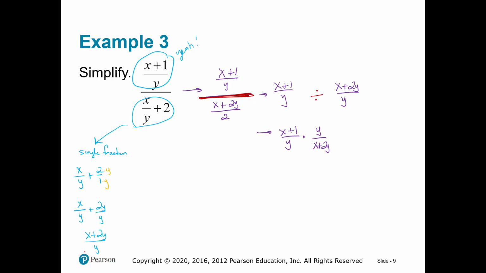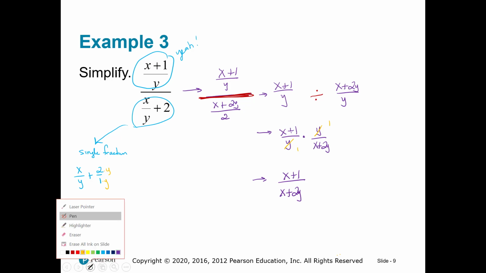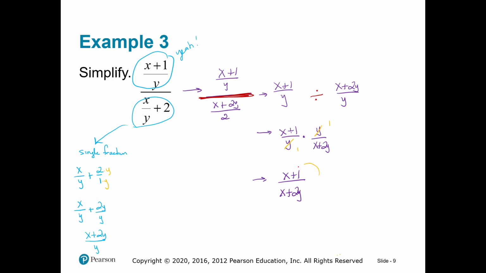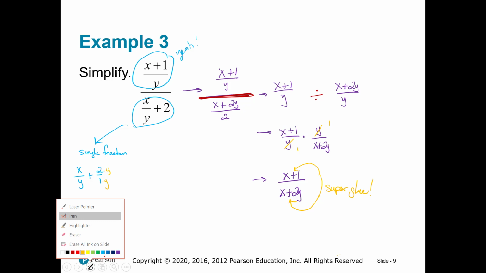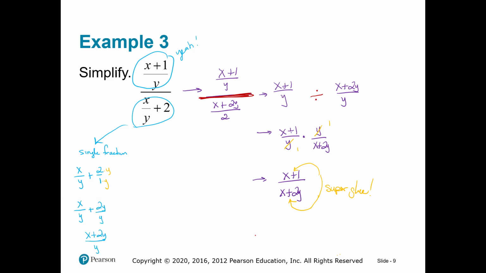Anything we can cancel? Yeah, that was wise. Into itself one time. Agreed? Which means I have x plus 1 over x plus 2y. Okay, here's my question to you. Can the x's be canceled? Excellent, they cannot, because that plus sign and that plus sign act like what? That's right, super glue, which means no canceling allowed. It either is all going to cancel or it's not, none of it's going to cancel. And in this case, none of it's going to cancel, which means your final answer will be